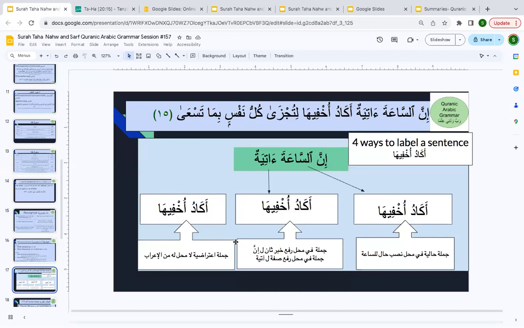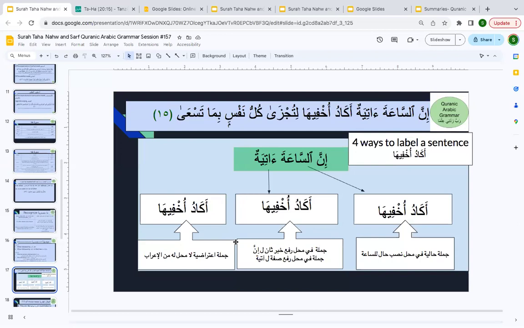So these all are very important points, because if you learn how to put i'rab on one surah, my dear sisters, and if you give your 100% to it, it is going to help you put labels on many upcoming surahs. People start with labeling and putting i'rab on Surah Al-Fatiha, and until Surah Al-Nas, they can do a pretty good job. So here this is a practice surah for all of us, and we are going to make sure that we spend time. If we don't understand a concept, we go back to the recording, or we ask questions.